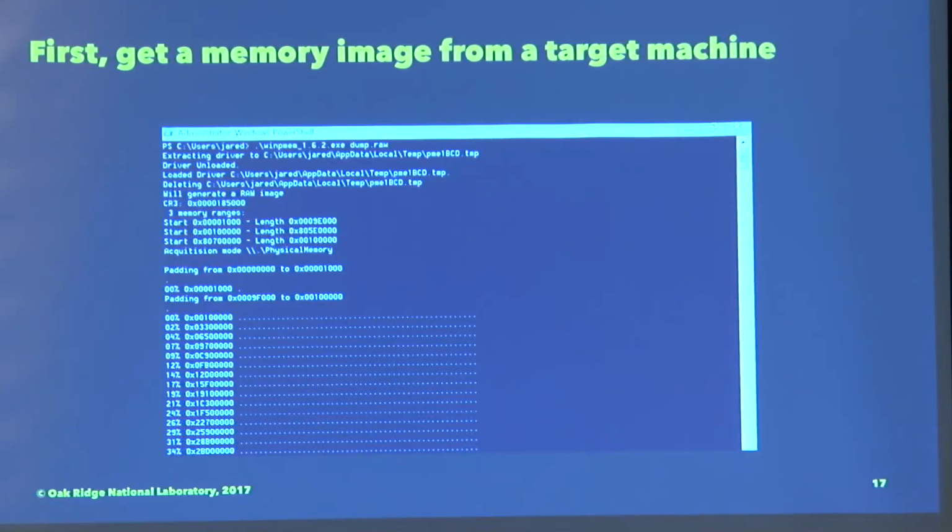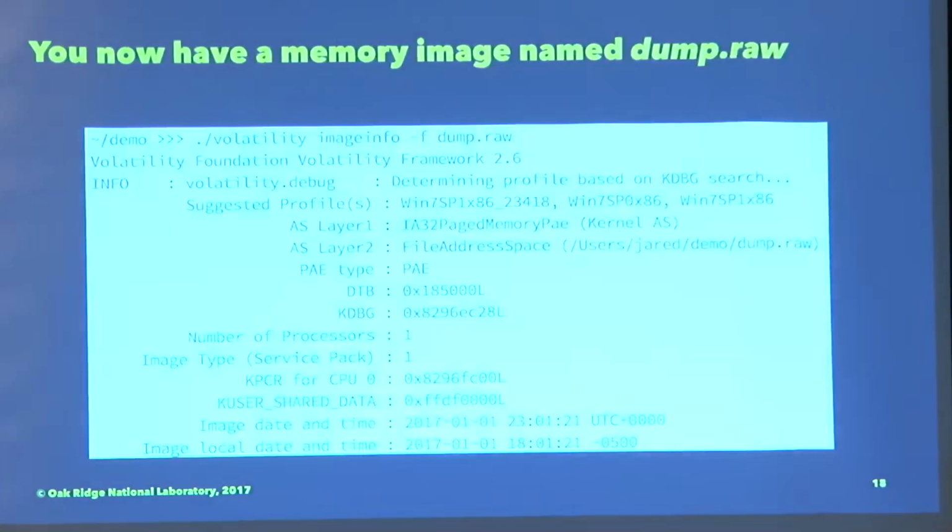And on top of that, you have to keep in mind that it actually images a file as big as your RAM is. So if you have a 2 gig RAM machine, then it's going to be 2 gigs. If you have a 16 gig machine, it's going to be 16 gigs. So it can get very intensive if you want to store all of this data, and there's a lot of trade-offs in how you do that. But it is possible to actually just take images of tons of machines and store them, assuming you have the space. And then from there, once you have that dump image, you can take it,